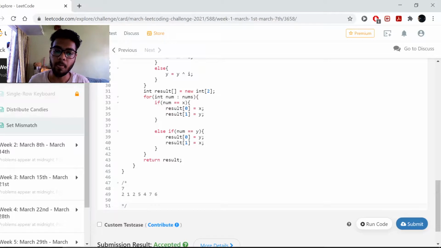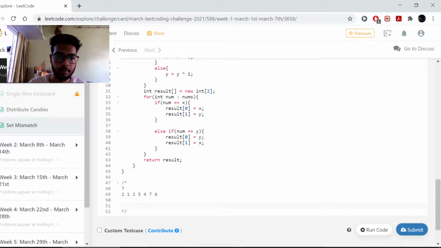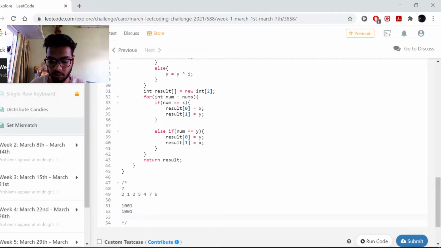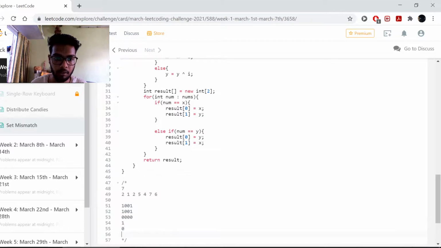And how do we do that? First, you should understand the property of XOR. If you XOR two identical things, this will result in 0, because XOR works where there are differences. So this will return 1, and this will return 1, because there's a difference. Do you understand XOR now?